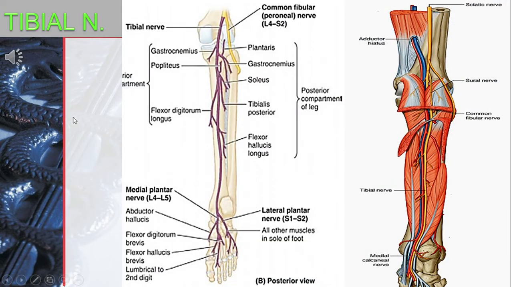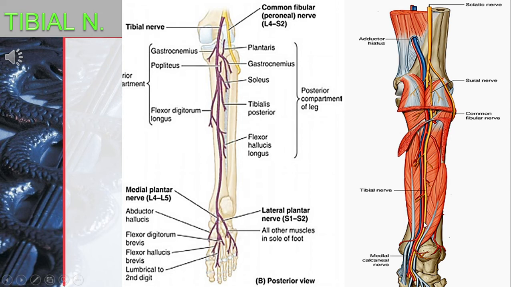The nerve supply of this compartment is by the tibial nerve, as we know that at the upper angle of the popliteal fossa, the sciatic nerve is going to divide into terminal branches, the tibial nerve and common fibular nerve. The tibial nerve is going to show the same relations as the posterior tibial vessels. It is going to pass deep to the gastrocnemius muscle and then the soleal arch, and then comes to lie between the superficial and deep layers of muscles.